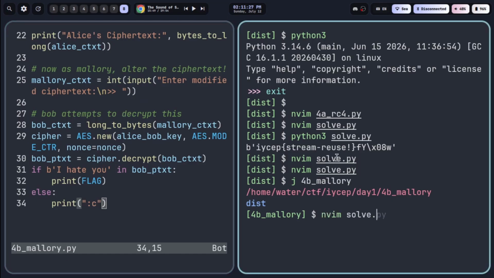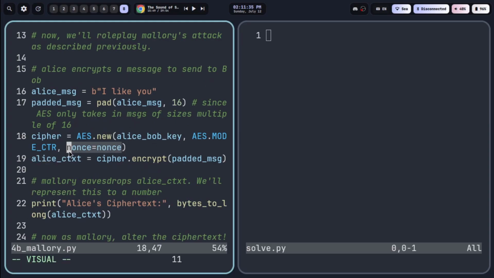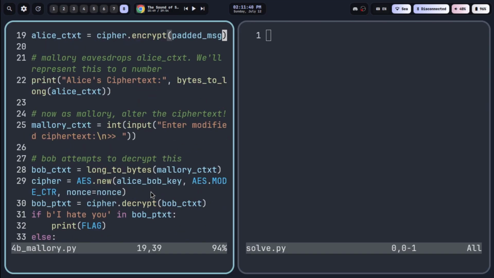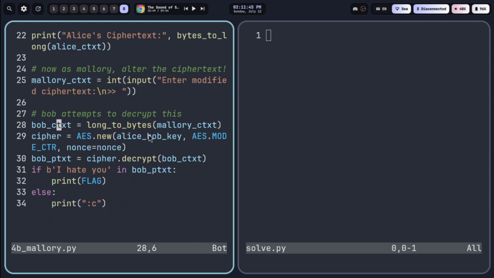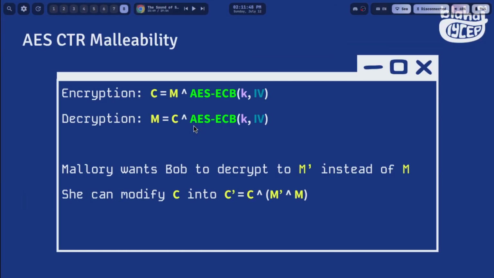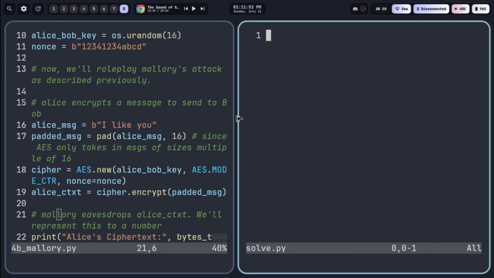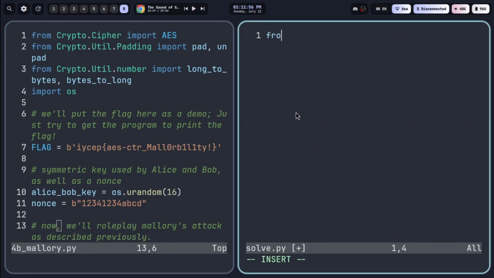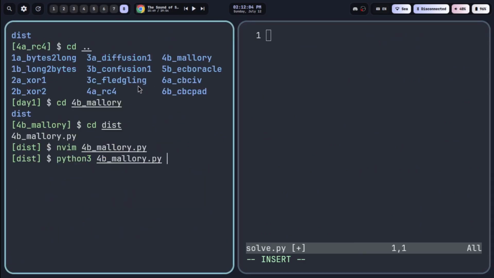So what we can do is notice the vulnerability in the challenge, which is that the nonce is reused across both encryptions. This is similar to RC4, where instead of RC4 having no nonce, here we have the same nonce, which means that the key stream will be the exact same for both ciphertexts because the same key is used. With this in mind, we can apply AES CTR malleability, and we can forge a fake ciphertext to send to Bob. So we can import all the necessary libraries, and we can run the script to just get